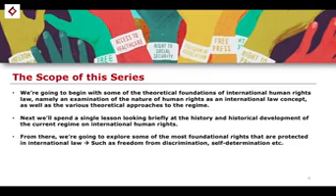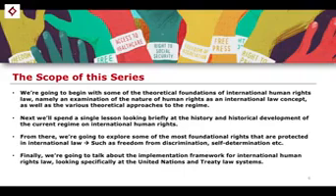And then we're going to actually start to explore some of the foundational rights themselves. So we're going to talk about, for example, freedom from discrimination and the right to self-determination. There'll be other ones like religious freedoms as well. The right to life exists within an international perspective, as well as some others. And then what we're going to do is talk about the implementation framework for international human rights law. So we're going to talk specifically about the way in which treaty law systems operate in relation to the application and implementation of human rights, as well as the systems and institutions that exist within and under the auspices of the United Nations as a method of implementing human rights as well.